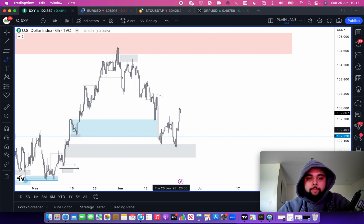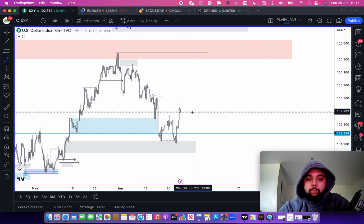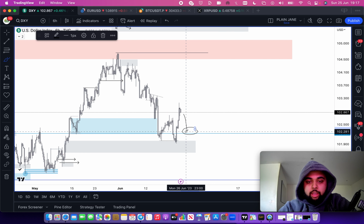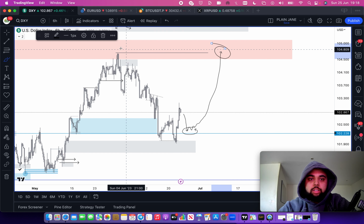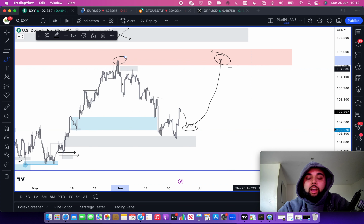Okay, so anyway, now we've seen that reversal occur. What I ideally want to see coming into this week is a push down into at least 1.02, this blue level here. This is ideally where I'd start looking for longs for price to then come into 1.04. The reason I'm targeting this level is because there's clean liquidity above here,